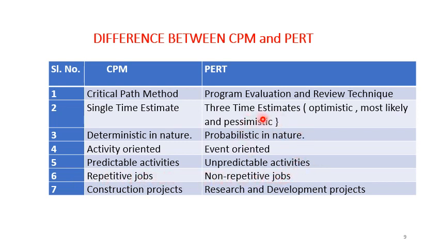That is why you are not sure about the time. One of a kind job, for example, non-repetitive, something that has come new, you are doing it for the first time. So there is no record of how things have gone earlier. So you are using 3 time estimates here. Construction of projects, for example: CPM, critical path method, is commonly used in construction of buildings, roads, bridges, etc. Whereas PERT is mainly used for launching a new product into the market by a company, satellite launching, sometimes research and development projects, etc.